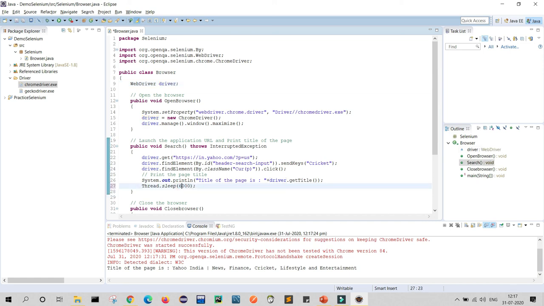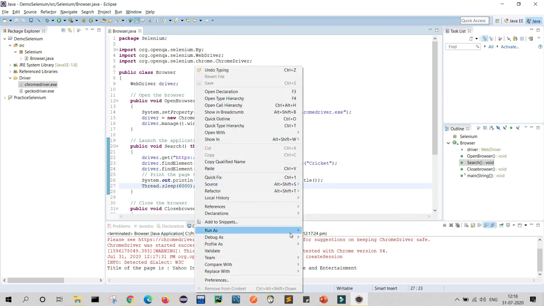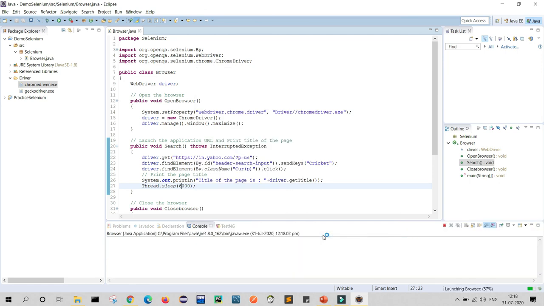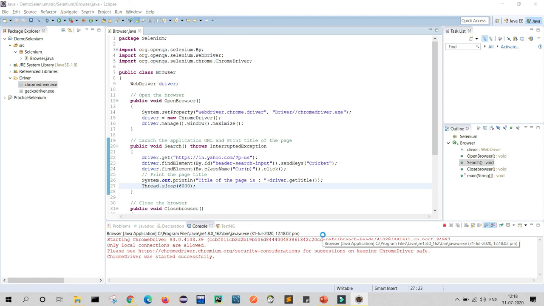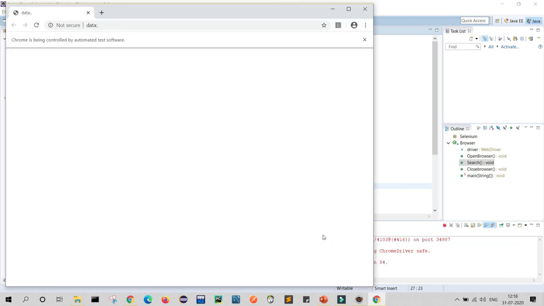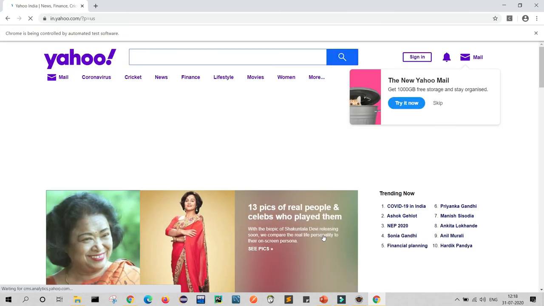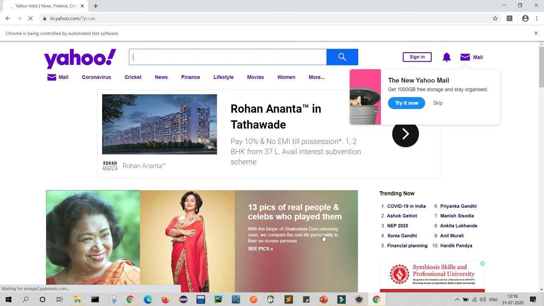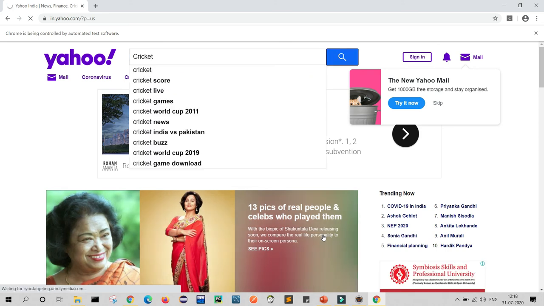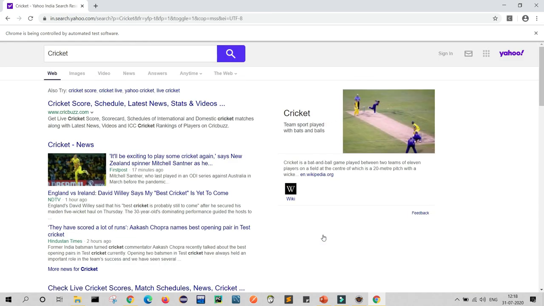This is the way you can run your first Selenium script: open the browser, hit the URL and do some small activities here. You just wait till the page uploads, type cricket in the search box, click, and you can see this page comes. Wait till 6000 milliseconds and then close.